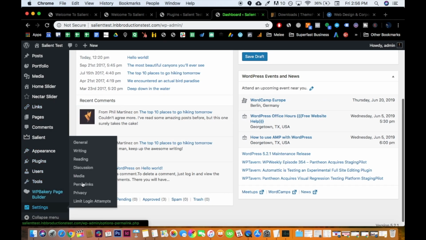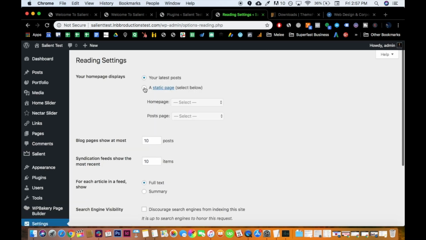So it'll make sense in just a second. You go to settings, reading, and that's why your home page displays your latest posts. So that's why you're seeing the kind of like a blog feed. What you want to do is click a static page, then I would click the magazine blog landing page. But if it was a larger demo, there would be more options, but you would look for the home page, or it should say landing page. Right, so I'm just gonna click the about for now,